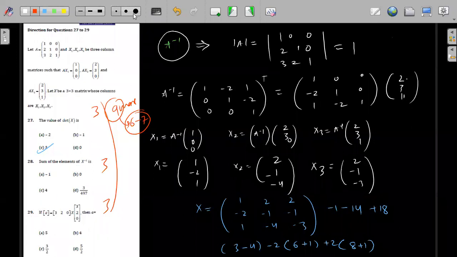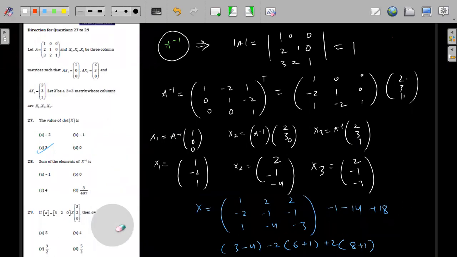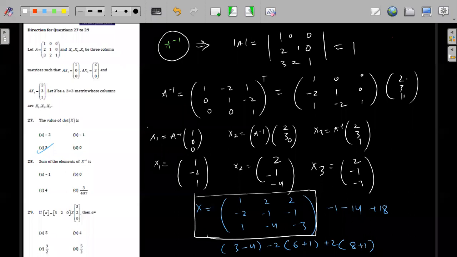So we have got the determinant of A is 3. Now you can simply solve the 28th and 29th also. Just copy the value of x, and the remaining you can solve easily. Abhinav, did you understand? How much time? Each mark, 1 minute.